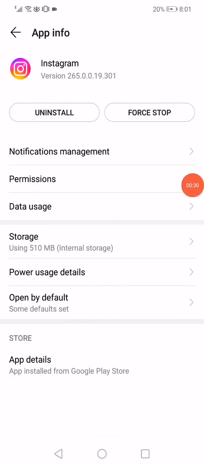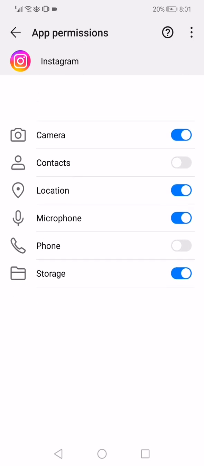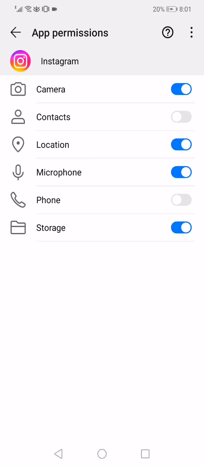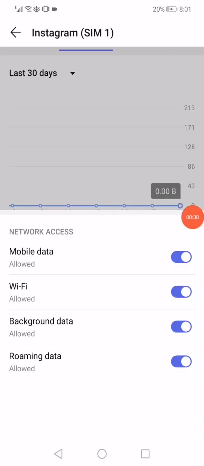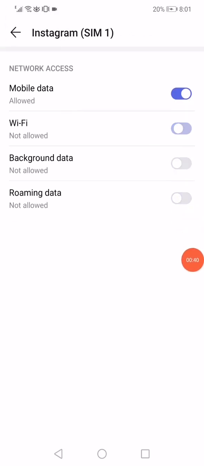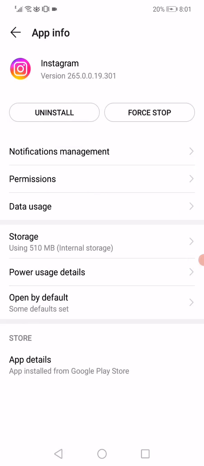Go back, click on the permissions, and now you have to make sure that all the permissions right here are enabled. Go back again and click on the data usage and make sure to disable all those options and enable them back again. Now you have to do one last thing, which is go to the storage or the internal